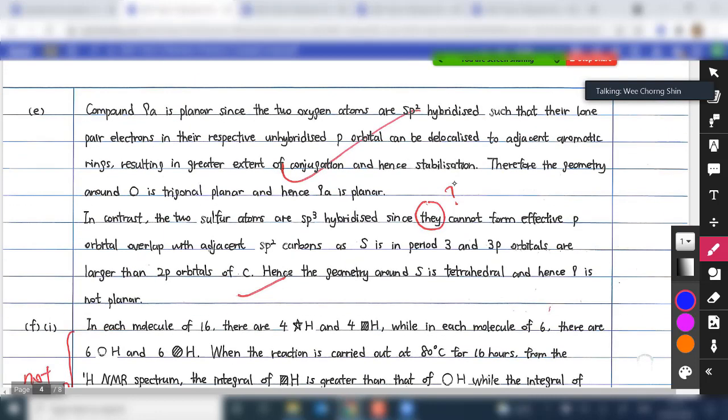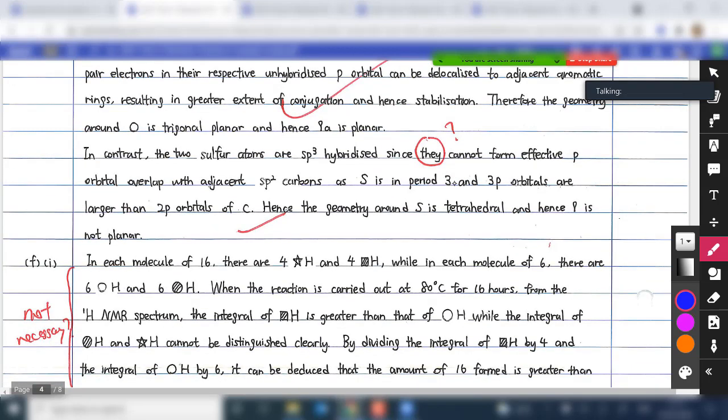Okay, so compound 9A is planar, with a great extent of conjugation. 2B, you just be a bit careful about this, like what they cannot do effectively. This sentence can be improved, but the main thing is, of course, the lone pair on sulfur is